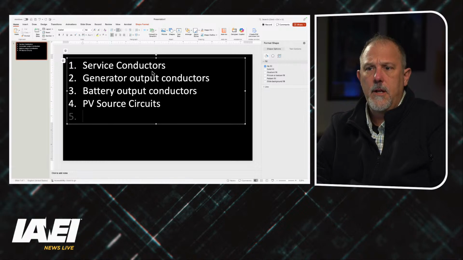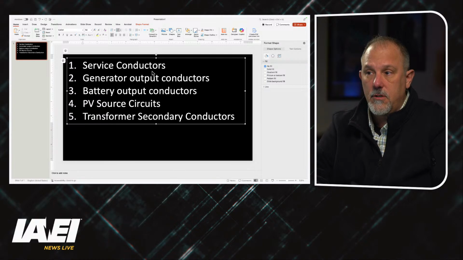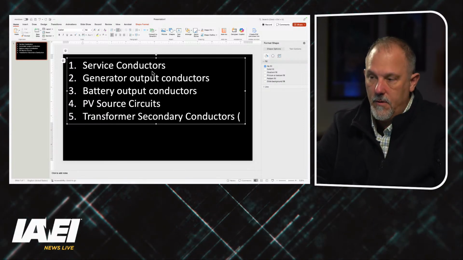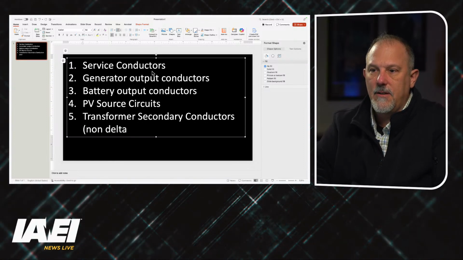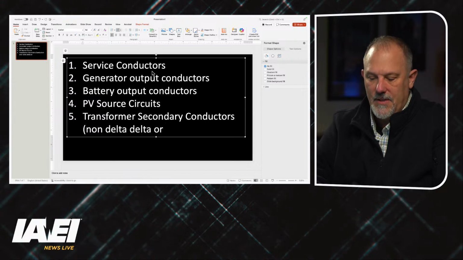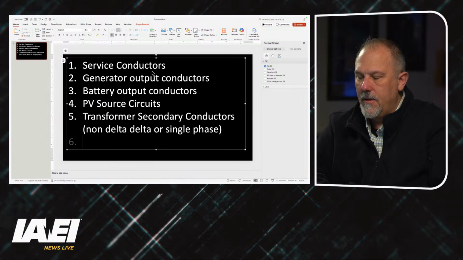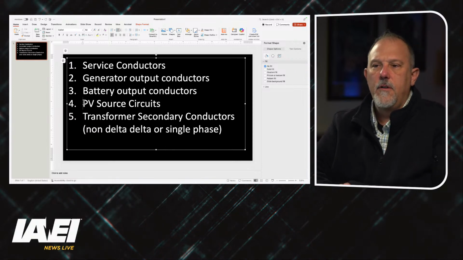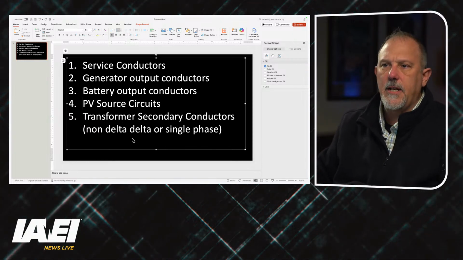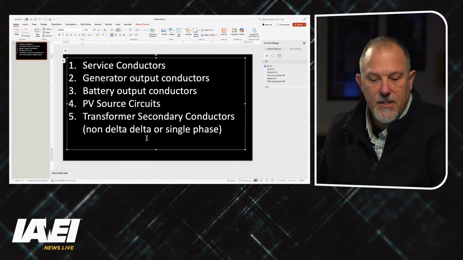Ooh, I love it. Transformer secondary conductors. This is, we'll say, three-phase, non-delta delta, or single phase. Solar PV, yes, solar. Photovoltaic source circuits, transformer secondary conductors, generator output conductors. Now, let me ask you a question. What about